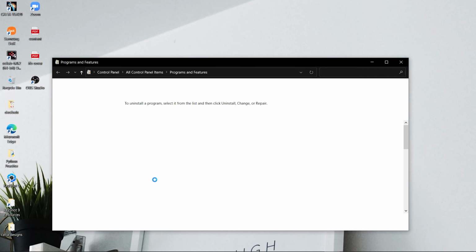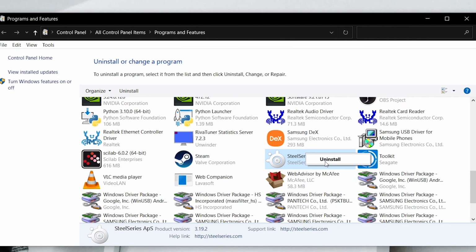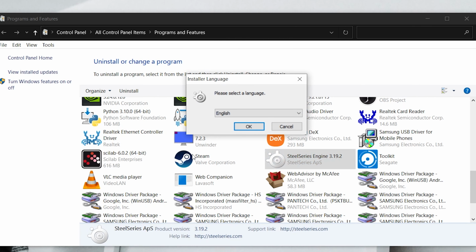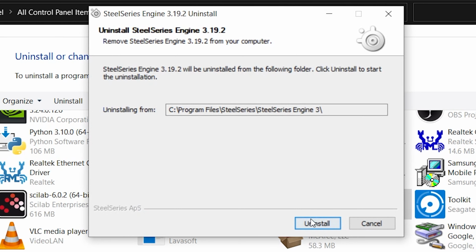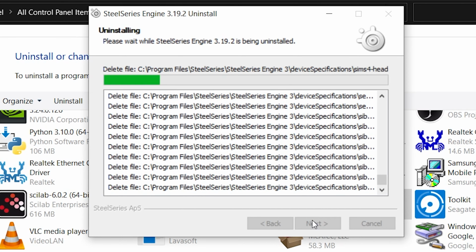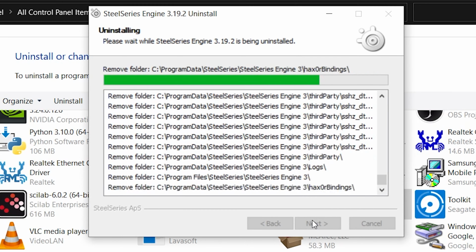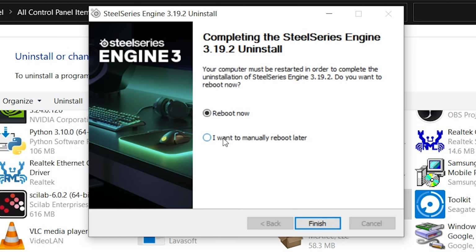Clicking on the uninstall button, a new window will pop up like this, and here I click on SteelSeries and click the uninstall option. The uninstallation process takes some time, so I quickly fast forward this step.